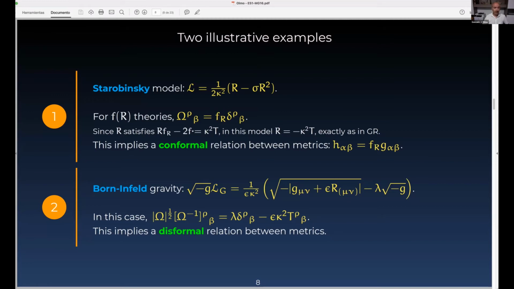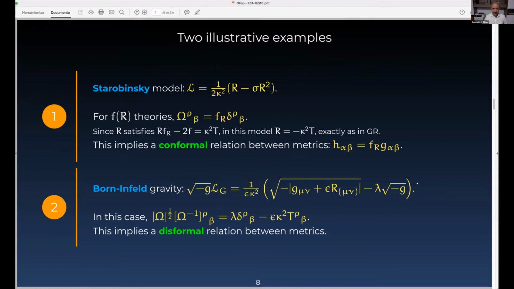And this conformal factor, using the field equations, is just a function of the trace of the energy momentum tensor of the matter. Okay, so this function f of r can be written as a function of t, and the general equation is this one. Now, if we consider the Born-Infeld gravity model, which is the one we are interested in today, the gravity